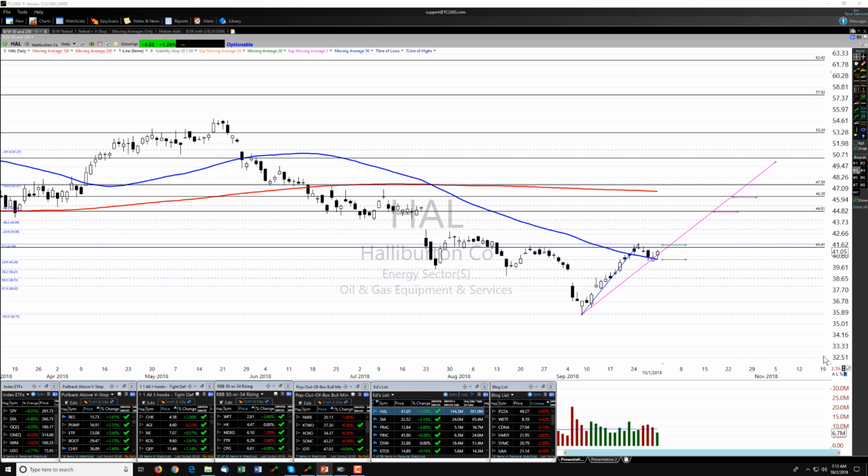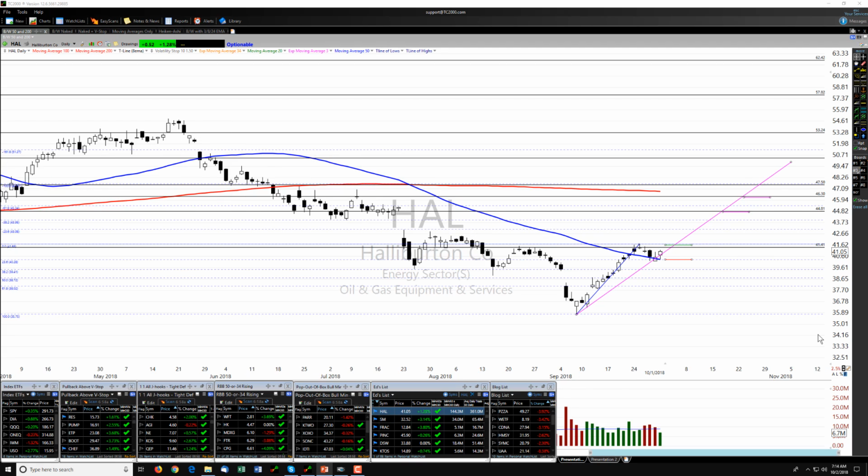Today's featured trade idea will be HAL, Halliburton. Let's take a look here. Well, first, let's get rid of the fib lines, make it easier to see. So Halliburton has been in a long-term downtrend since at least the spring,